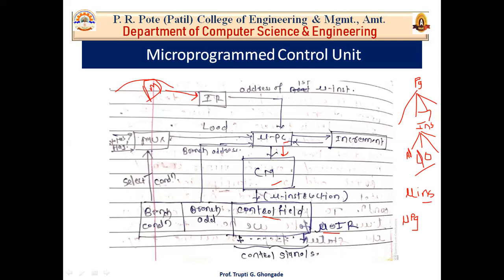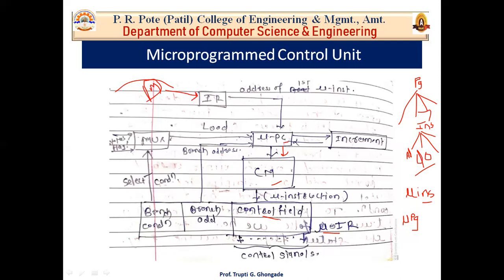So who will increment the micro instruction? Program counter or micro program counter? Obviously, micro instructions are incremented by the micro program counter. So once one micro instruction is executed, side by side, your micro program counter will get incremented. So it will now give the address of the next micro instruction to the control memory. And from control memory, control signals will be generated by using the micro instruction register control field, and this process